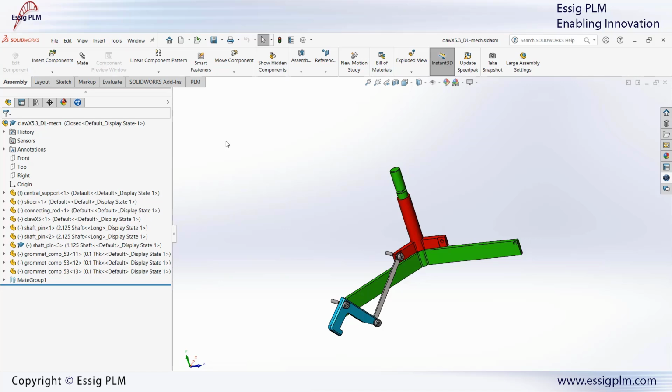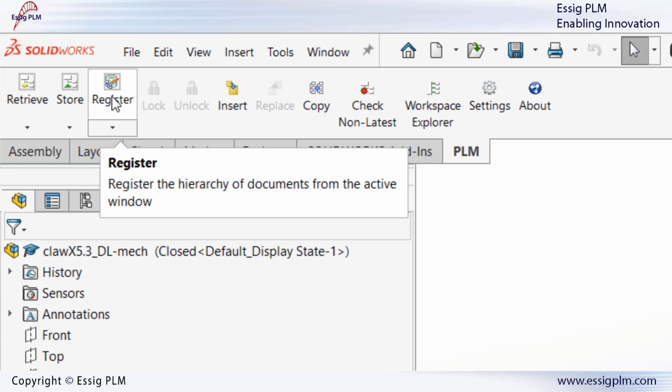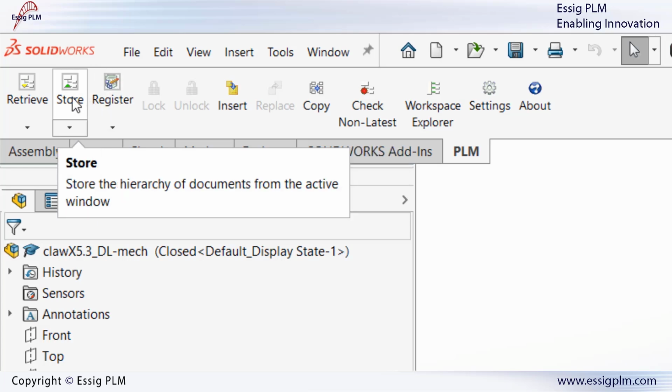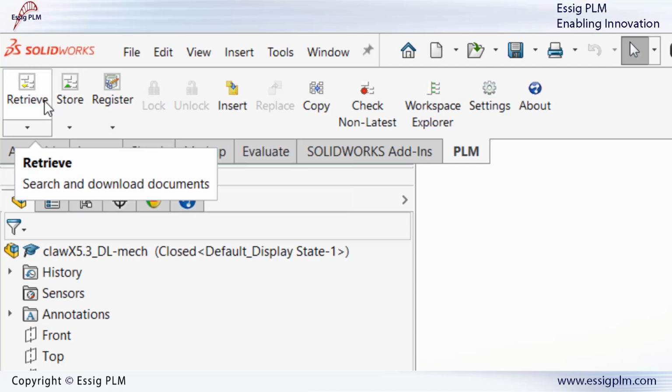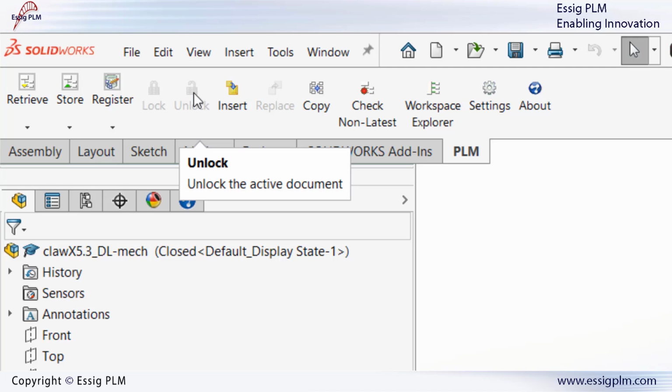Let's first have a look at how the connector is integrated in SolidWorks. Accessing the connector functions is as easy as opening your SolidWorks environment and using the integrated connector ribbon menu. Without leaving SolidWorks, you can register your CAD models and generate part numbers, store your parts, assemblies and BOM into Aras Innovator, retrieve your SolidWorks files from Aras Innovator, lock and unlock in Aras Innovator the model and drawings currently in session,